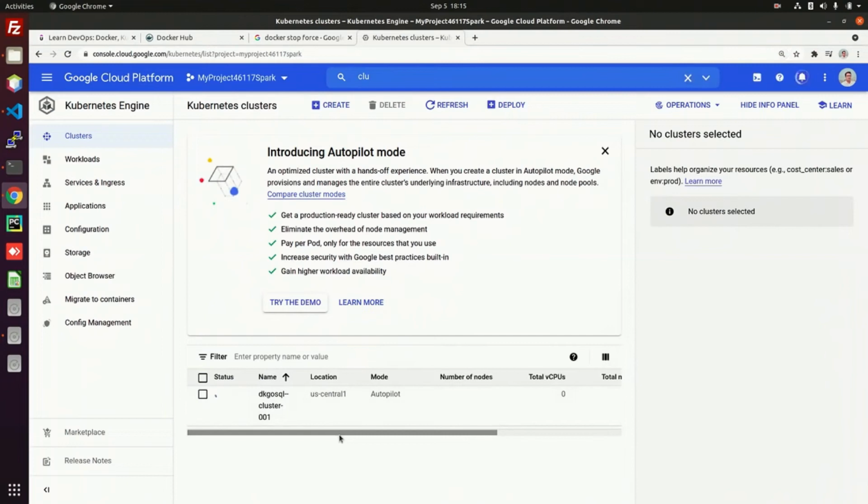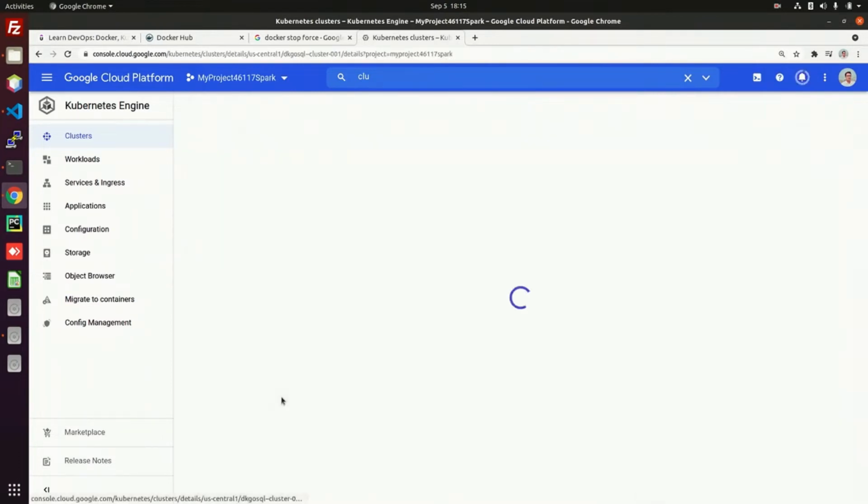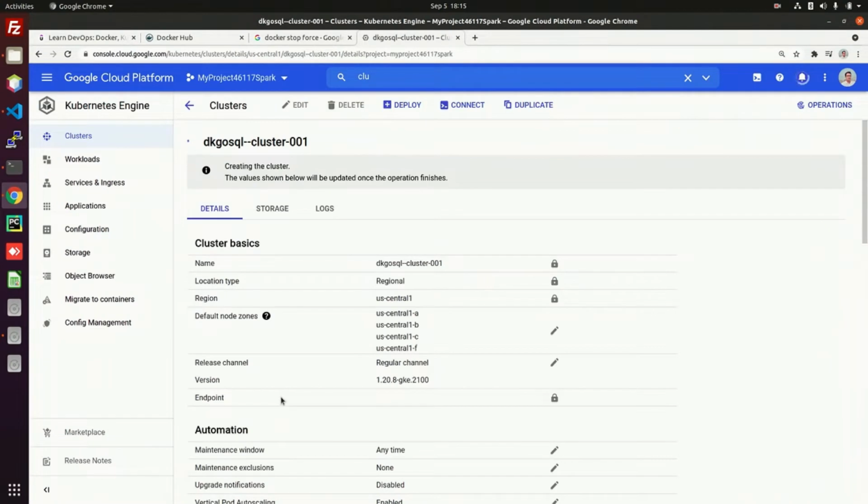We have to wait for some time while cluster creation is in progress. You see here all the details will come.